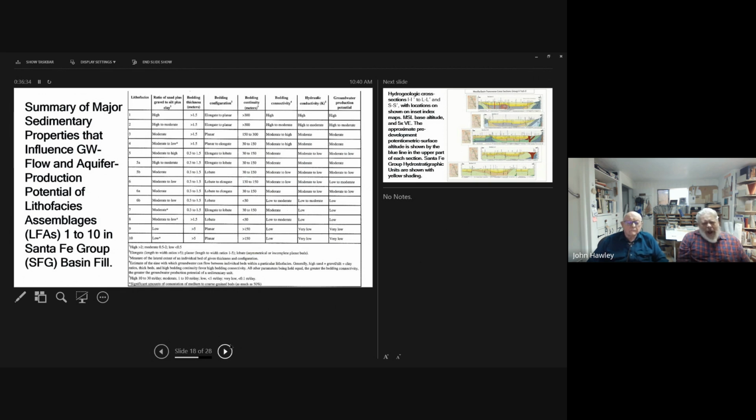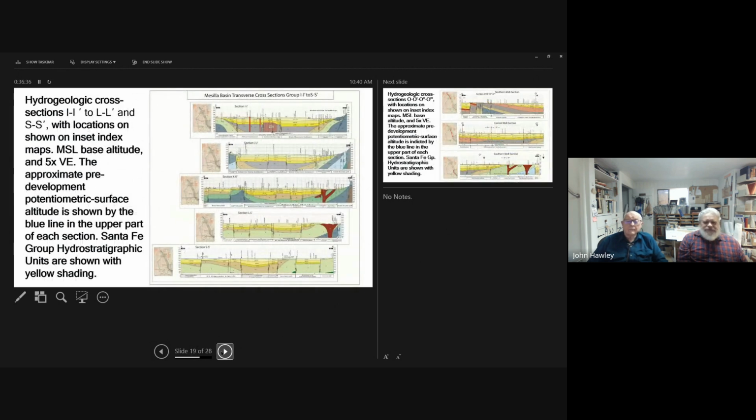And then we move ahead, and we can zone the information from the Santa Fe Group beds. We can have a lower, middle, and upper unit. The upper unit is dominated by ancestral Rio Grande and ancestral Casas Grandes deposits.